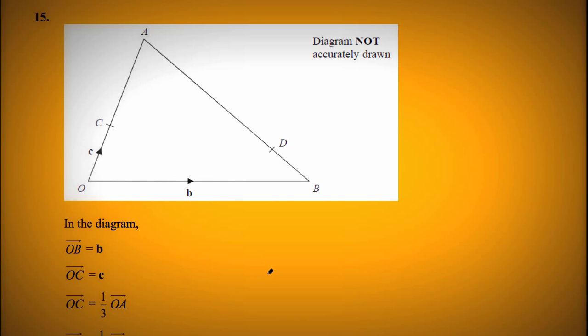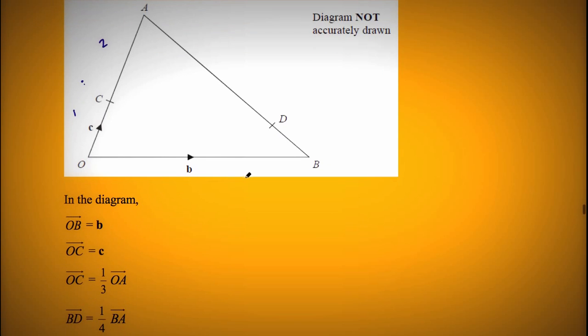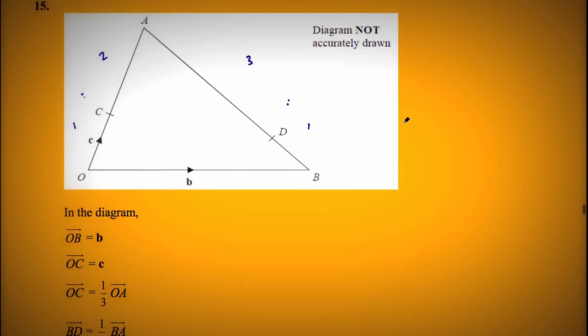Question 15, vectors question. In the diagram, OB equals B, OC, short distance there, equals C. OC equals 1/3 of OA, so I'm going to already just mark that. That's 1/3 of the whole distance OA, so that's 1 to 2 there. BD equals 1/4 BA. So BD equals 1/4 BA, that means 3 to 1 distance there. Find CD in terms of B and C. So CD